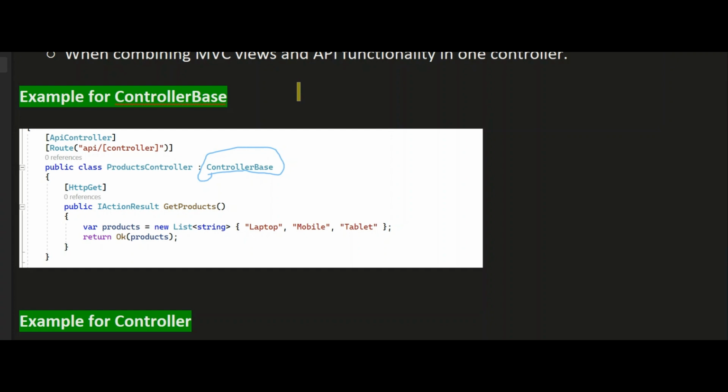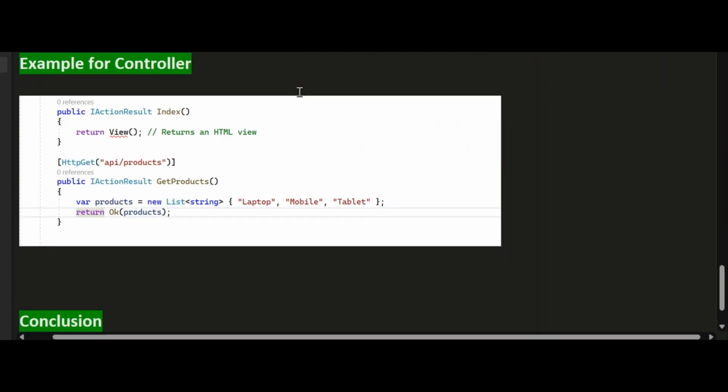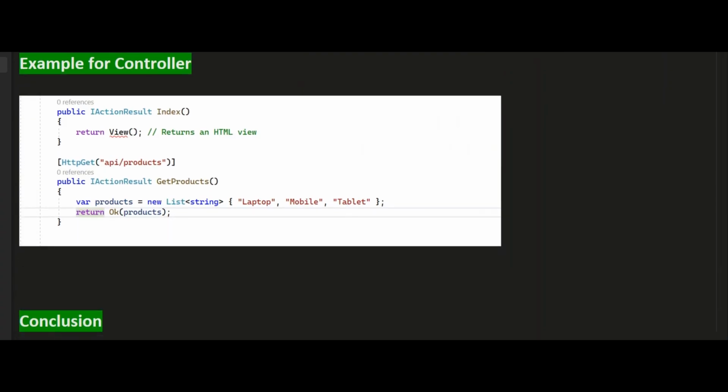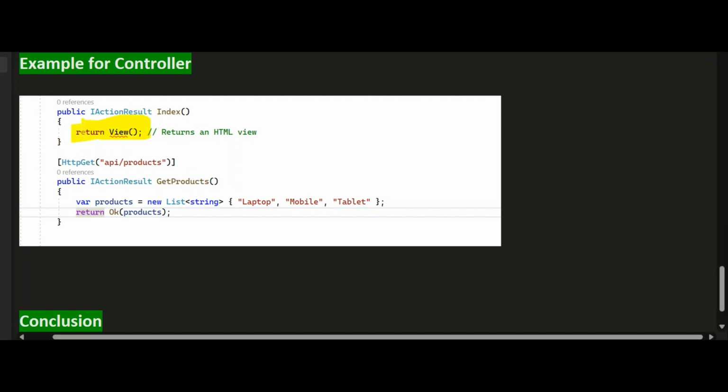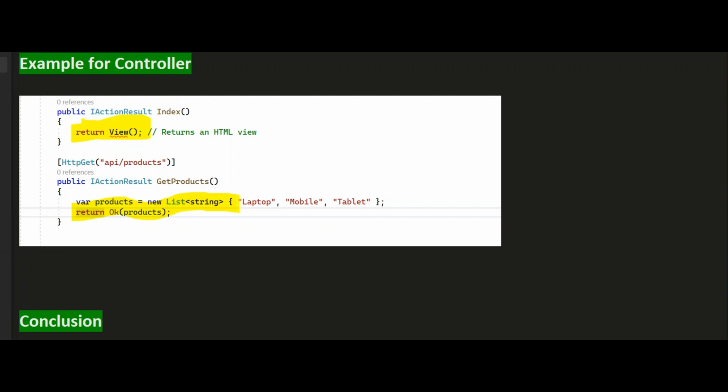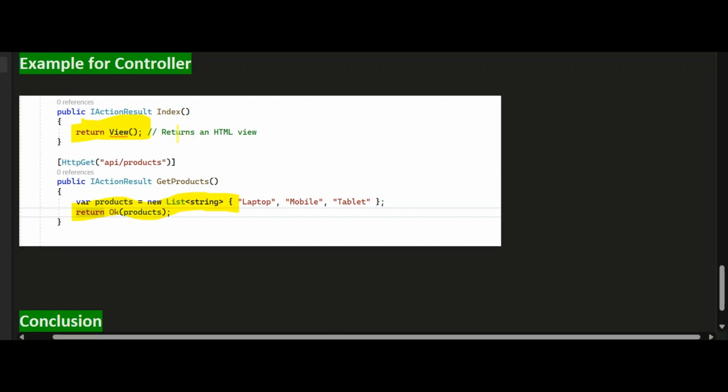Example for Controller. public class HomeController : Controller { public IActionResult Index() { return View(); } [HttpGet("api/products")] public IActionResult GetProducts() { var products = new List<string> { "Laptop", "Mobile", "Tablet" }; return Ok(products); } }